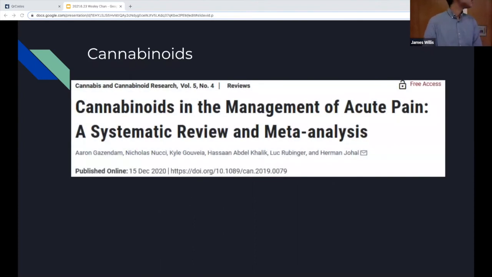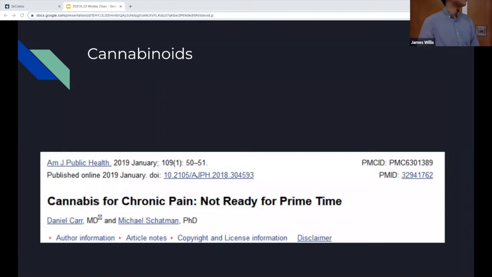I did a little bit of research on cannabinoids. Currently, there's not much literature about using cannabinoids in acute pain. They act on the THC receptors, but we will probably see in the next couple of years, especially as medical marijuana gets more studies, how to use this for both acute pain and chronic pain.